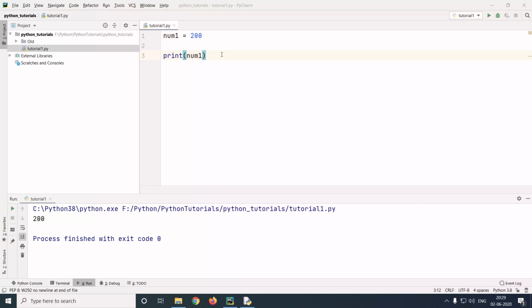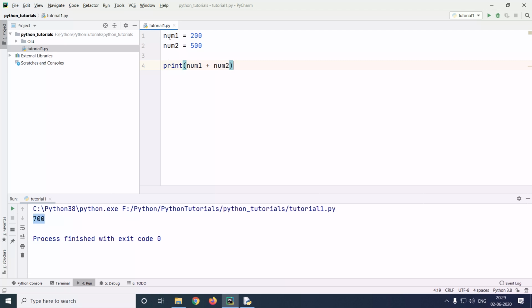Now since we have learned the basics of numbers as well as the basics of variables, let us try to combine the two. I'll create a new variable here with the name num2 and let me assign this to 500. If I were to add my variables, since my variables contain numbers, they are going to behave exactly how a number behaves. Hence num1 plus num2 is going to do 200 plus 500 and the output is 700.